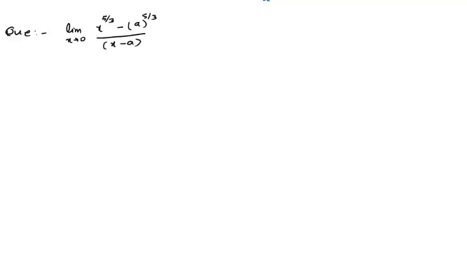Now this is of the form limit x tending to a, x raised to power n minus a raised to power n divided by x minus a. Yes or no? So what is the value of this? This is n a raised to n minus 1. So directly we can write the given limit as n will be 5 by 3, a is a here only, and lastly power 5 by 3 minus 1, what do we get is 2 by 3. So this will be the answer for this given limit. Okay, moving on to the next one.